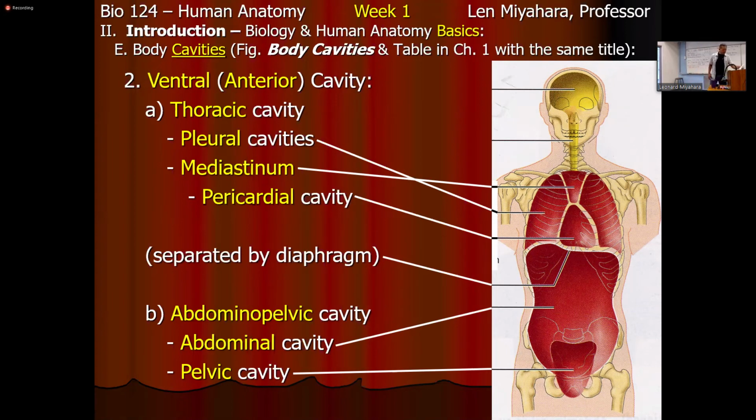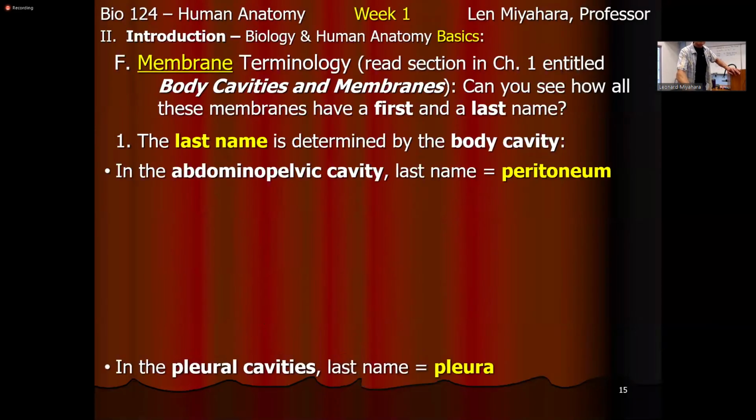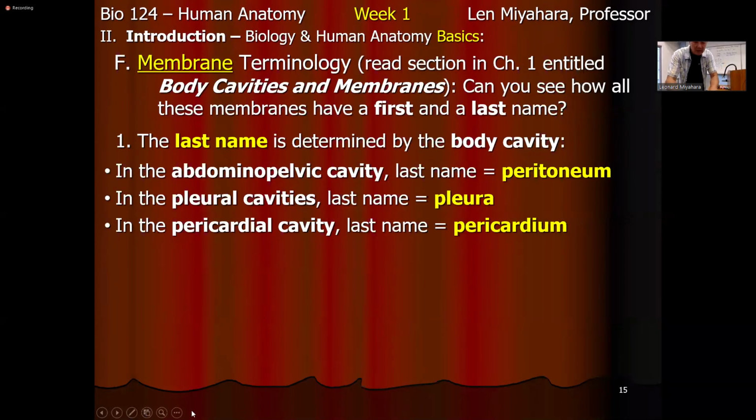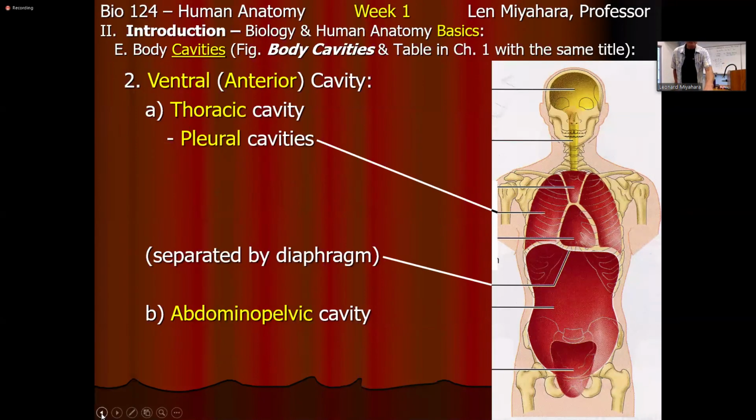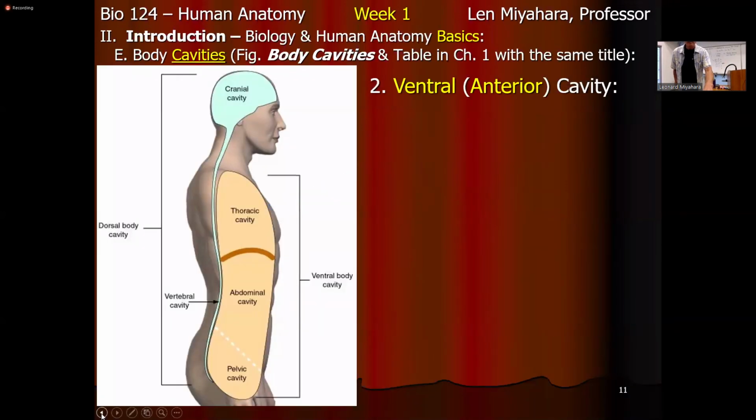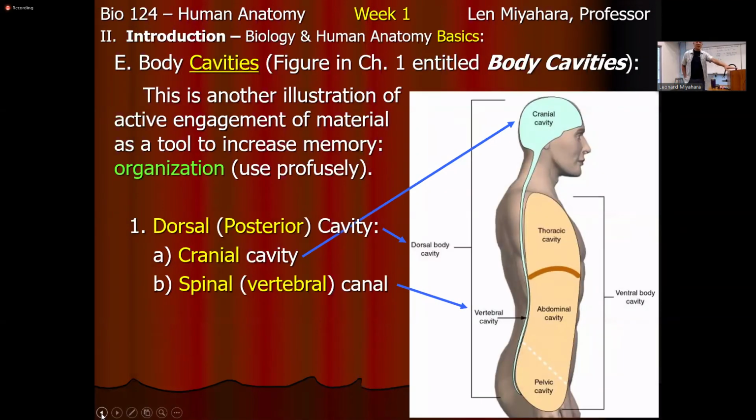Now, the last thing I want to cover for today, because that's probably enough content for your very first anatomy class, is membranes in these cavities, okay? Go back a couple slides here to the posterior cavity. And somewhere on the slide, meninges. The membranes that line the posterior cavities